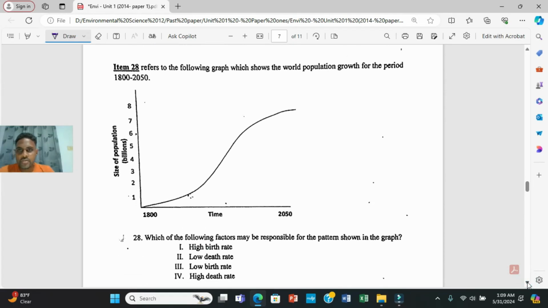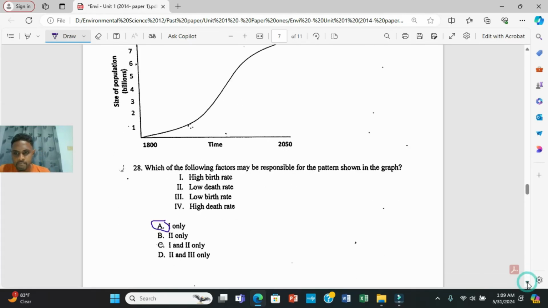Item 28 refers to the following graph, which shows the world population growth for the period 1800 to 2050. Which of the following factors may be responsible for the pattern shown in the graph? Of course, it would be A only, I, birth rate. As you can see,